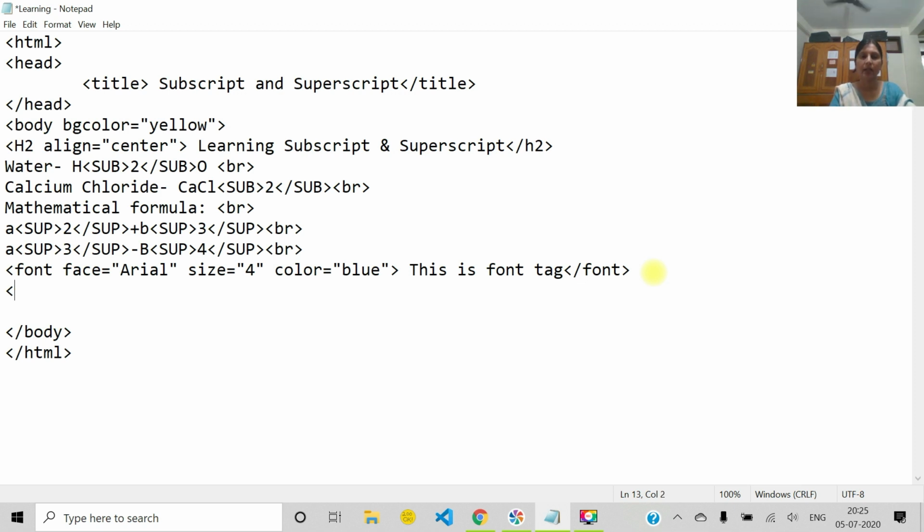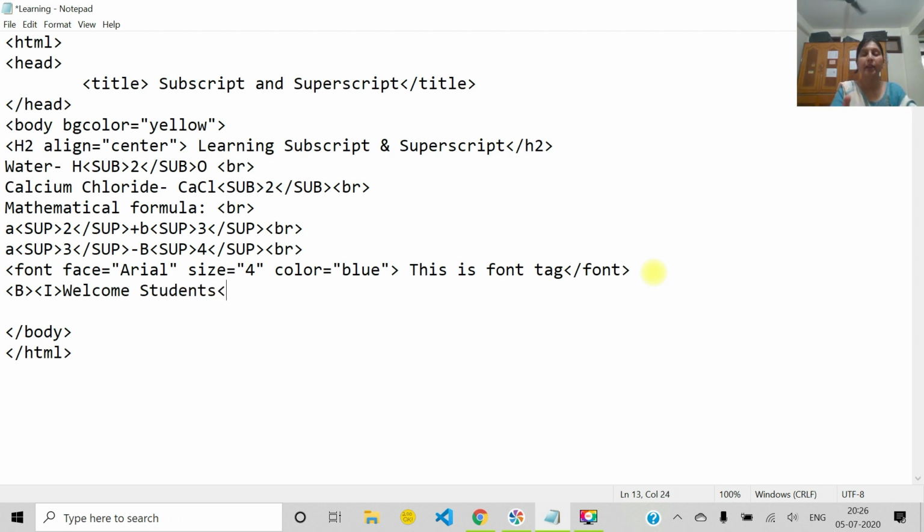For example, if I want to write text that should be bold and italic only, bold and italic. Fine. Now I am writing here welcome students only. You can give any text, welcome students.